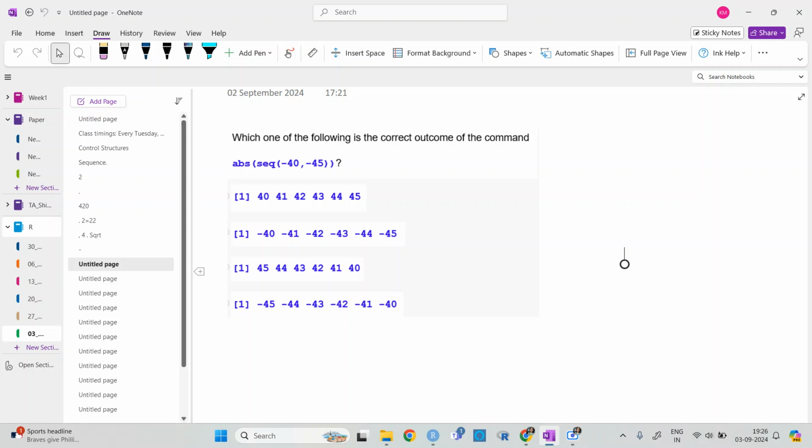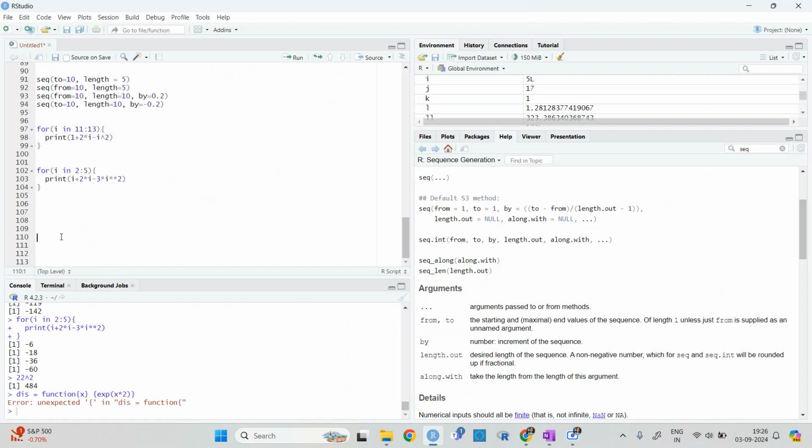If I remove this absolute, what will be the answer? It will be minus 40. Okay. So if I write this, it will be this.